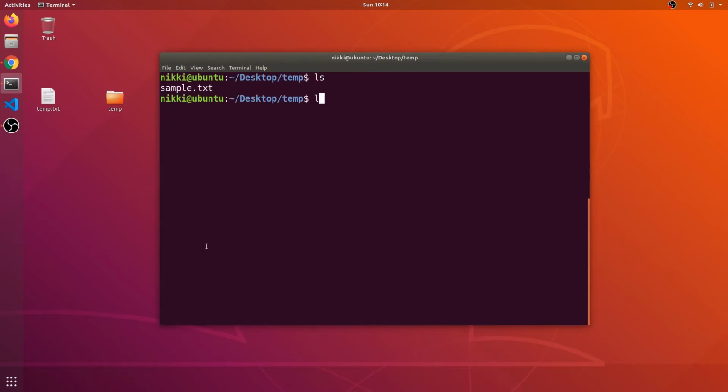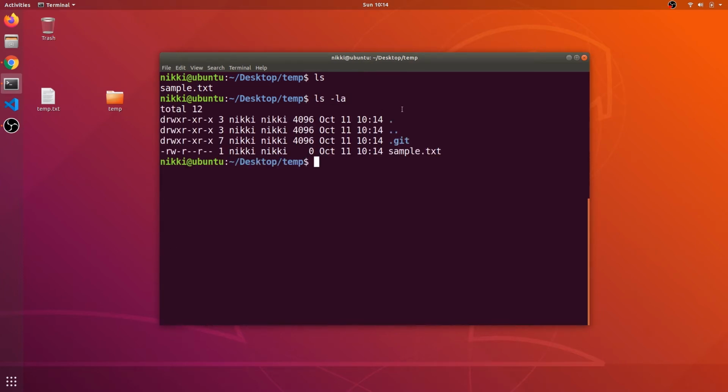First I will show you this one, ls minus la. You can see the shortcuts to the current directory and previous directory, but you can also see .git. This .git directory helps to track your project files.